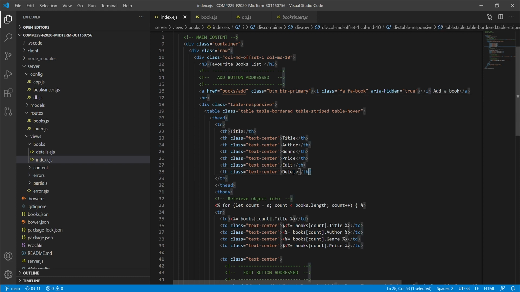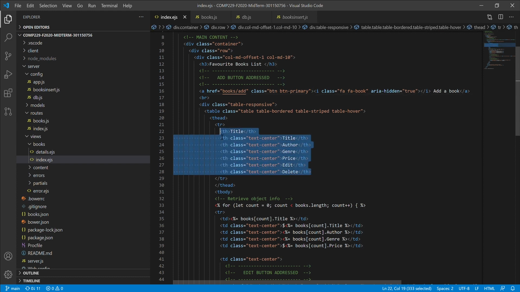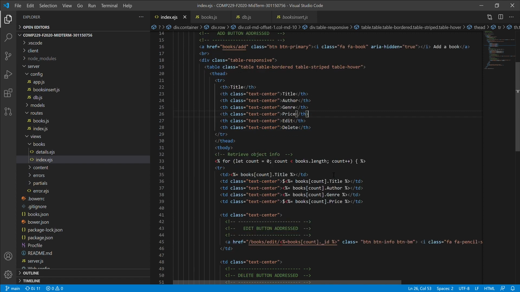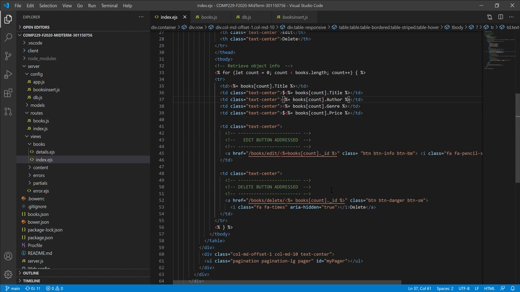And we just rearranged the actual display of the data that we're going to retrieve right here. The edit button was completed right here, like the document said. We need to not just